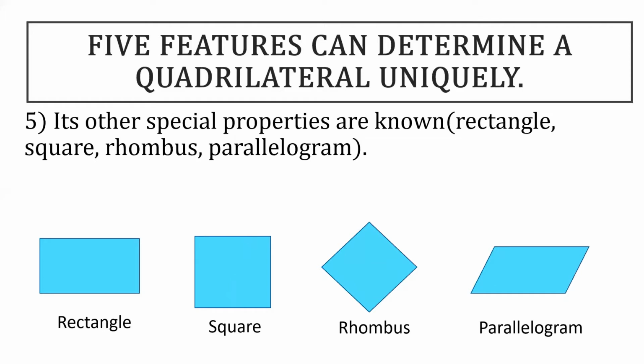So sometimes it may be possible that only the length of the diagonal is given or just one side is given and you are just told that you have to construct a square or a rhombus or a parallelogram or a rectangle. So we know the special properties of these quadrilaterals, and using those properties we will be constructing these special quadrilaterals like rectangle, square, rhombus or a parallelogram. So let's start with the constructions.